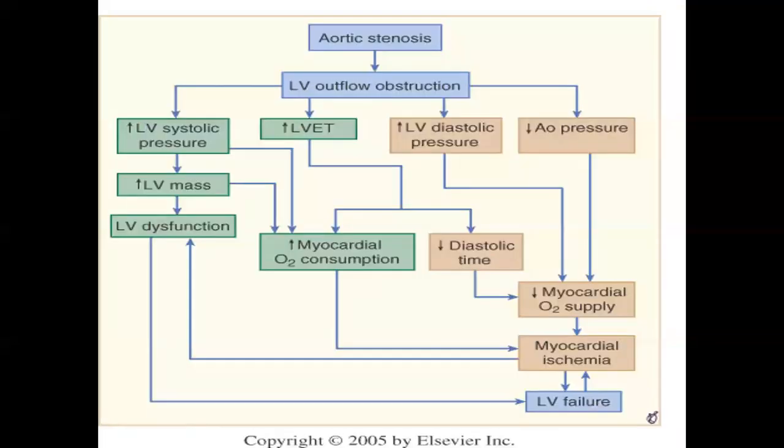So this is the most informative slide. You can see what happens in case of aortic stenosis. The aortic valve gets stenosed, then definitely you have obstruction to the flow of blood from the left ventricle to the aorta, because there is obstruction placed by the aortic valve. So stenosis can be subvalvular, can be supravalvular, but most commonly we will focus on the stenosis that is caused by the valve itself. So we are talking about valvular aortic stenosis.